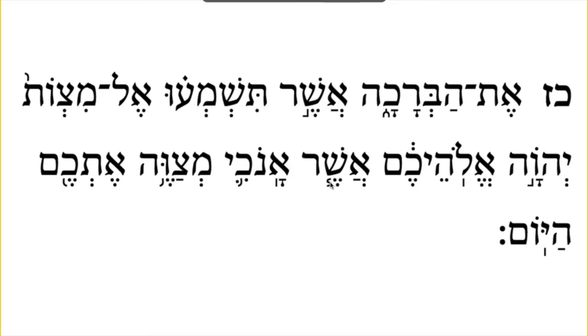Okay, and this is asher again, and this asher has a different sound. This is a darga right here underneath it, and darga says asher. Yes, I thought I gave it away, but we already learned that word. Asher, that. And we learned this word already too. Anochi. This is a tevir. So anochi means I, and tevir says tevir.